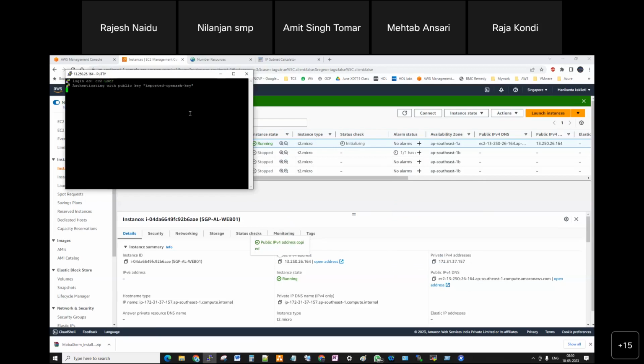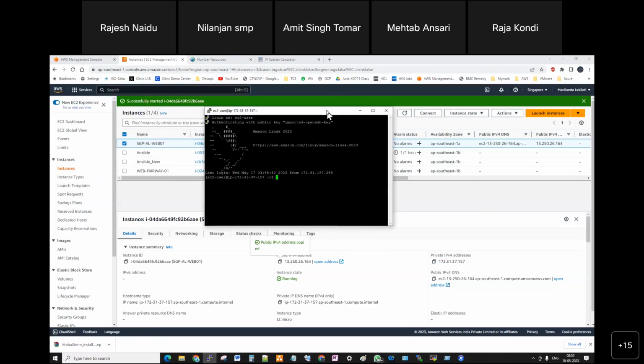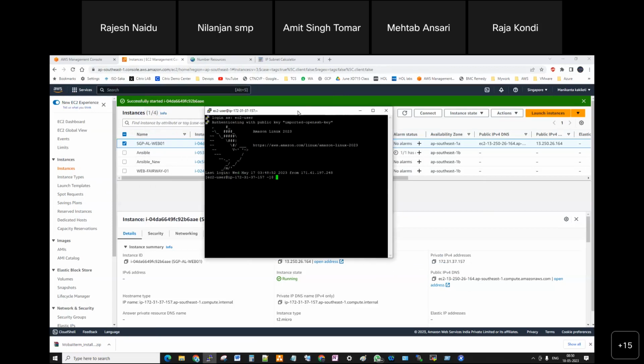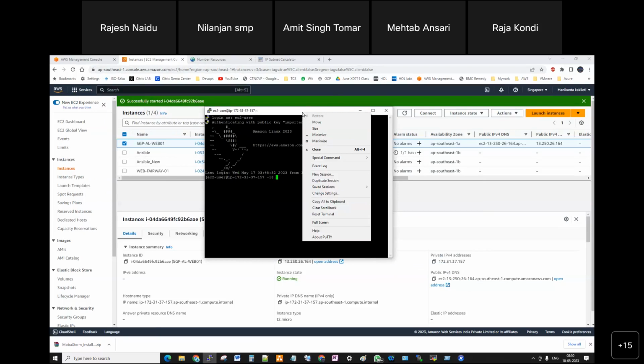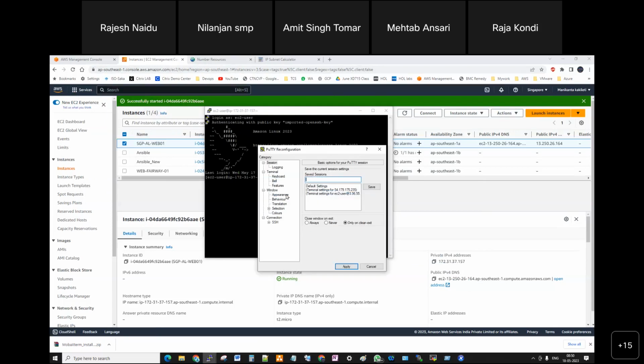EC2-user. When you connect this PuTTY console, definitely the console will have a very small font. You can increase it based on your requirement, and even font style and font color you can change. Right click on the white top banner, go to change settings, and here there's an option called appearance, and click on change font settings.